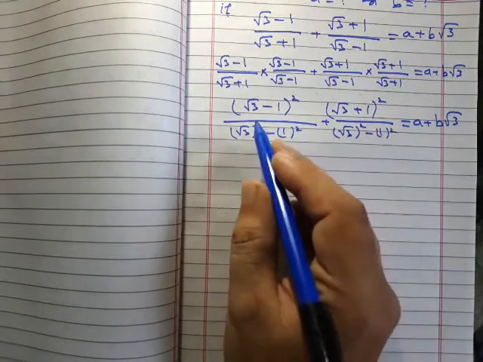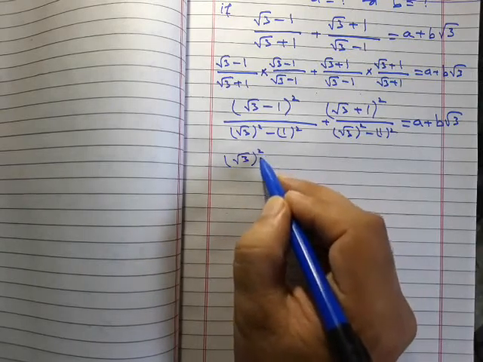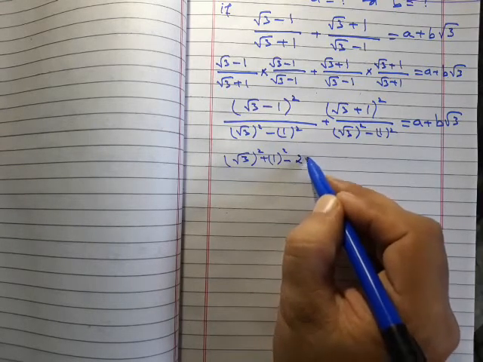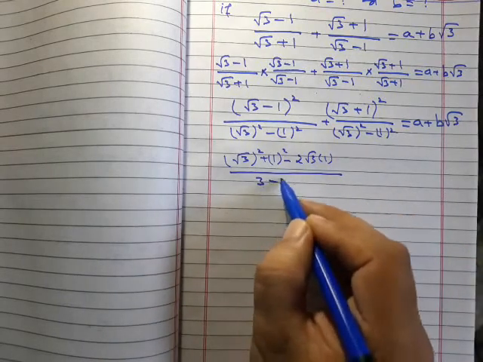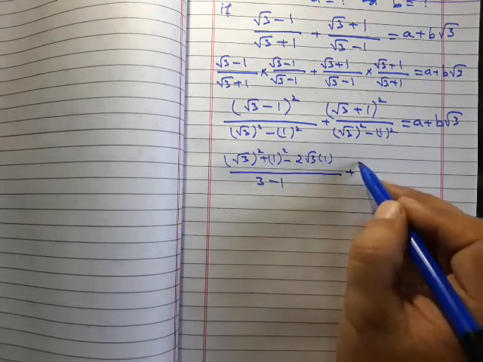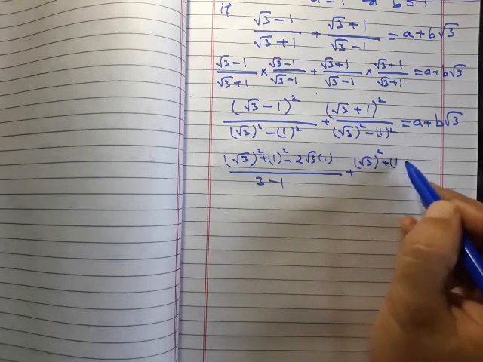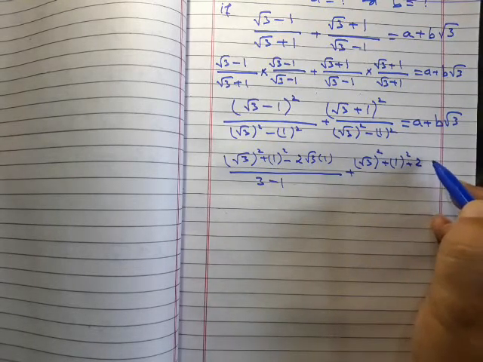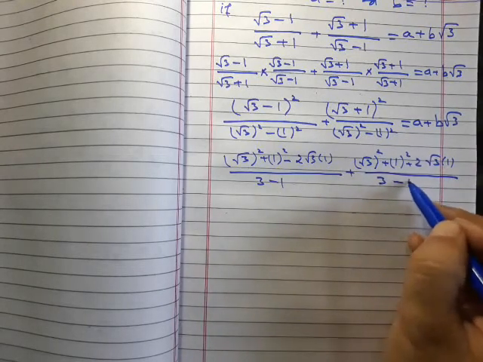Open this with the help of the formula: A square plus B square minus 2AB over 3 minus 1, and plus A square plus B square plus 2AB over 3 minus 1 is equal to